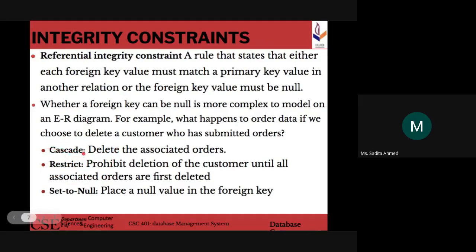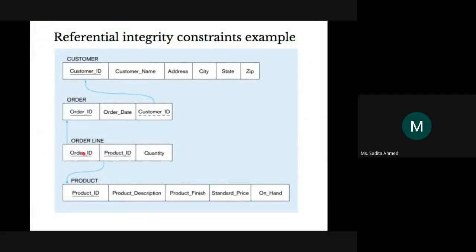The cascade rule states that everything that's associated with the instance that has been deleted will be deleted as well. So the moment Maruf's information is deleted from customer table, every single order row that is associated with Maruf's customer ID will be deleted as well. That is order table গিয়ে database or DBMS, actually order table গিয়ে DBMS will search for all the rows where customer ID value is 23. সে একটা রো পেলো, ওই রোটাকেও সে ডিলিট করে দিল।